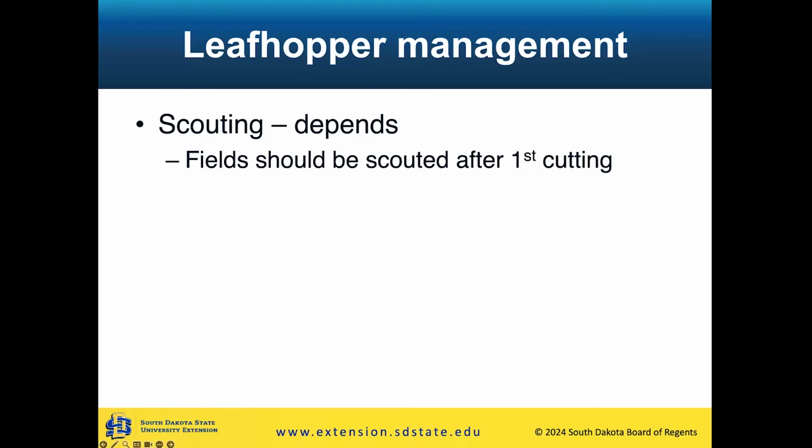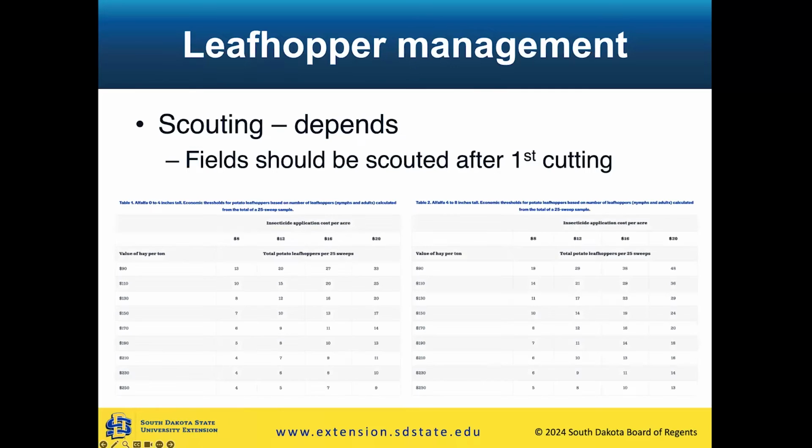So for leafhopper management, it really depends on what stage of growth the alfalfa is in, and obviously how many of those leafhoppers are showing up. We do have some tables on our website, at the bottom there, extension.sdstate.edu. If you just do a quick search of potato leafhoppers, you'll find one of our previous articles that should have these tables on there, and you can base it off of